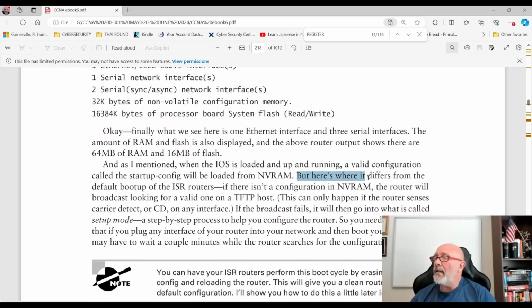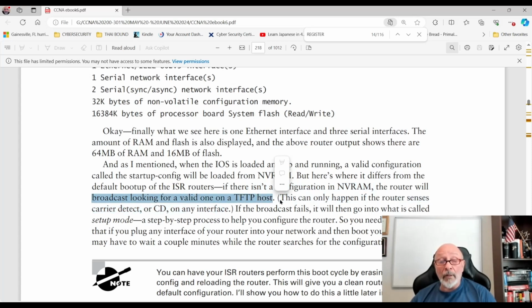But here is where it differs from the default boot up of the IOS ISR routers. If there isn't any configuration in NVRAM, the router will broadcast looking for a valid one on TFTP.